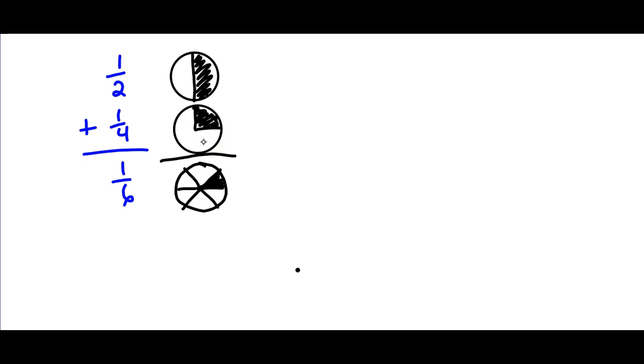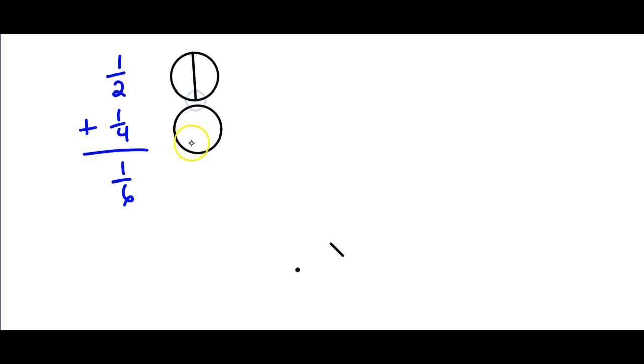So what is the procedure? The procedure is to make these so that they have the same denominator. So remember, the denominator is the bottom number in that fraction. We want to divide those into equal parts. So if we go back to our pizza slices here and we divide these into equal parts,